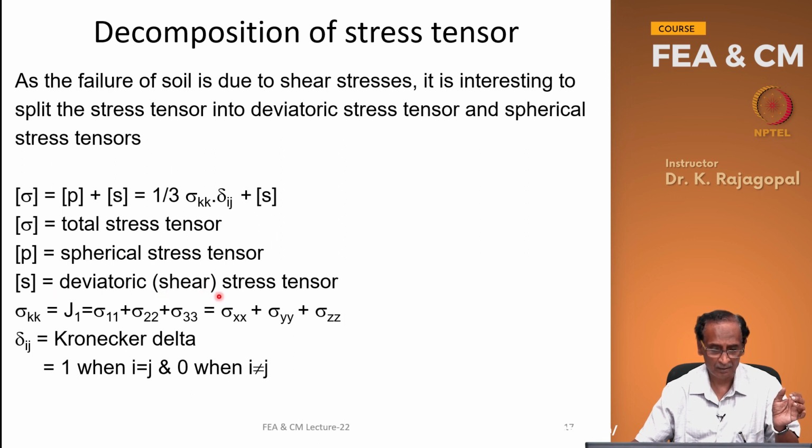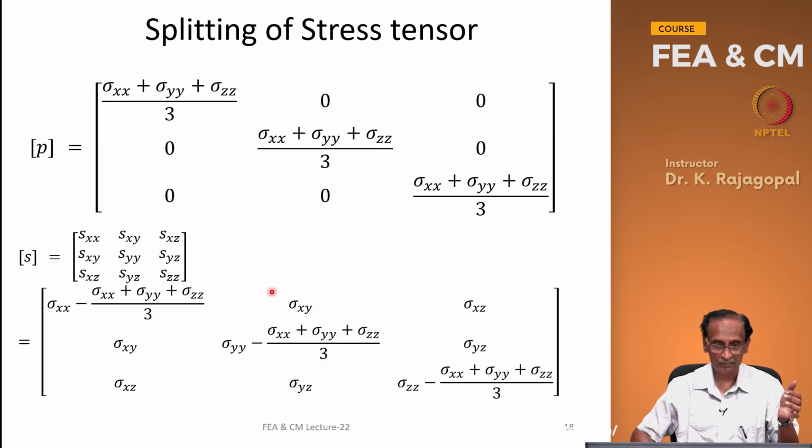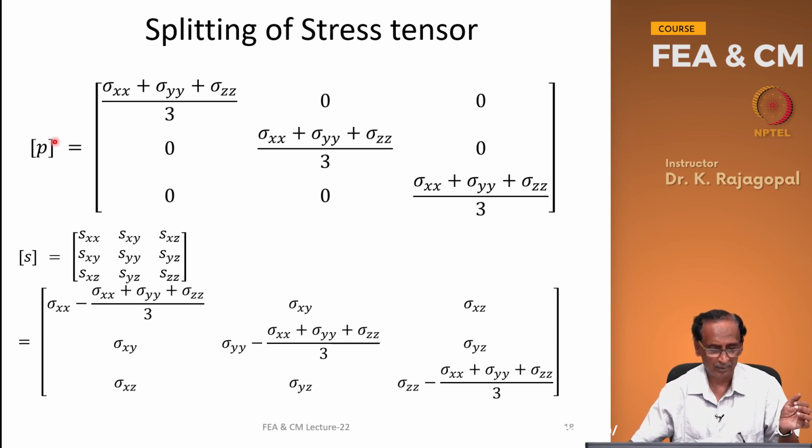Then S is the deviatoric stress tensor. Our P, the spherical stress tensor, is the mean normal stress, and along the diagonal we have the same quantity, sigma xx plus sigma yy plus sigma zz by 3, and all the off-diagonal terms are 0. The deviatoric stress tensor S is Sxx, Sxy, Sxz and so on, and that is equal to